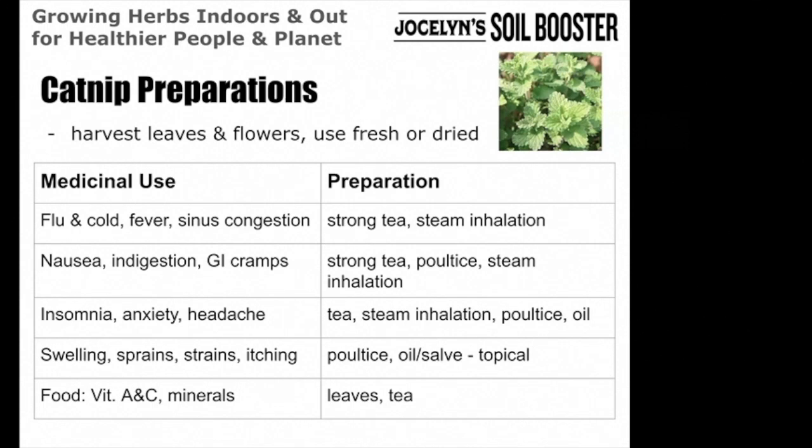So poultice is just the plant material. I usually just put it in my mouth, chew it up, or you can chop it up and just make it into a mash, and then apply it topically if you have some cramps. So if you have some stomach pains, you can even just put some of the plant matter into a tea bag and put that on, or into a sock, or just directly onto your skin and rub it around. Or again, if you have nausea, mint and catnip is really great for a steam inhalation, for reducing that nausea and calming your gastrointestinal system.